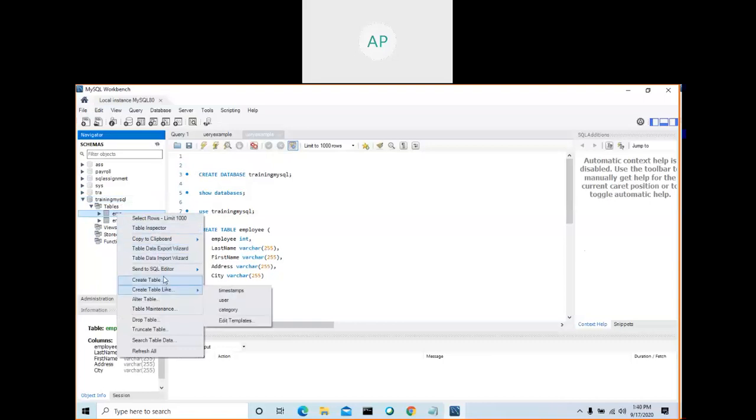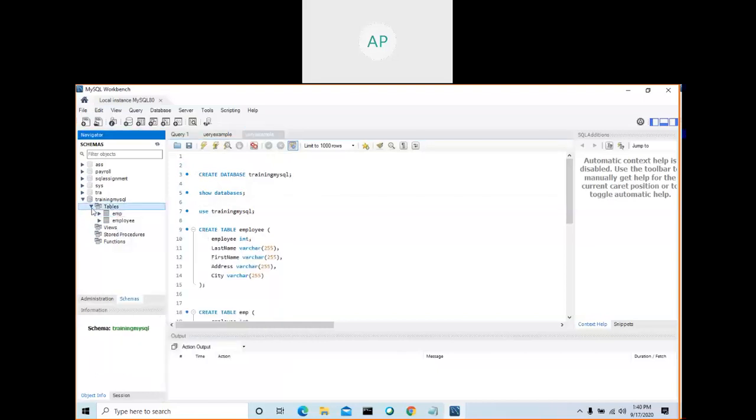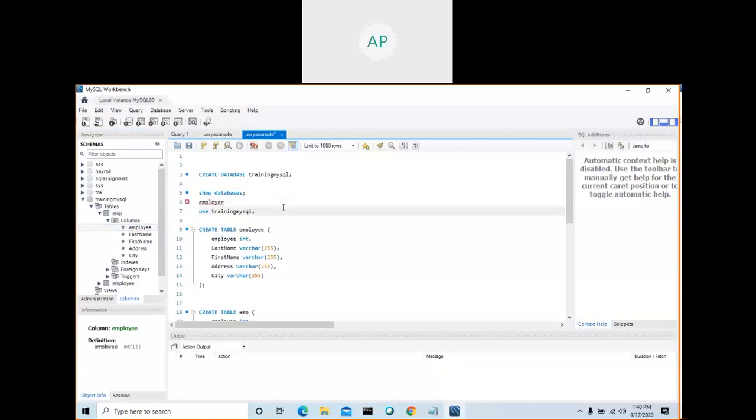Okay. Again, here when you go, click this table and right click on it. See here there are a number of other things. Try to explore. So, create a table, send to SQL editor. See here, insert statement, update statement, delete statement, create statement. So you can explore all these things. If you go to this one, you have columns, click this one, and you see all the columns. Anyway, you got some idea about this. This is enough.